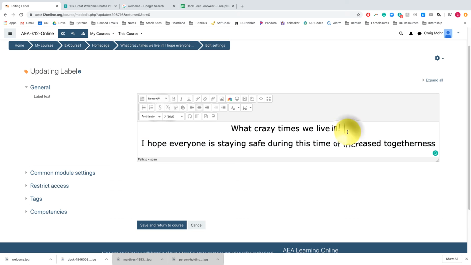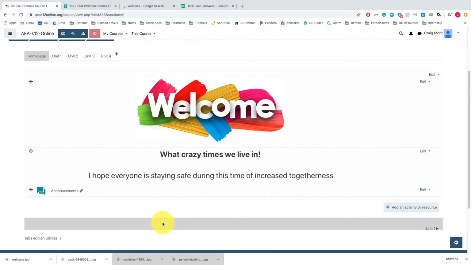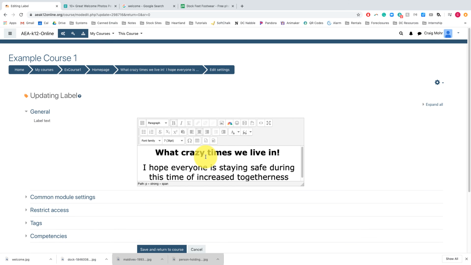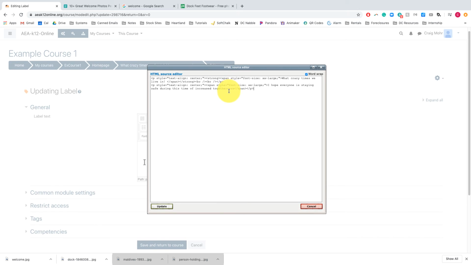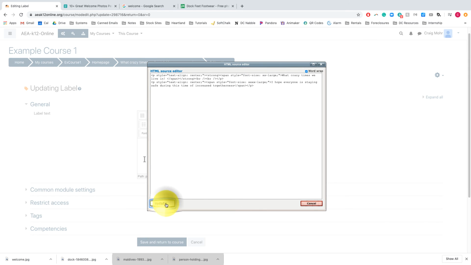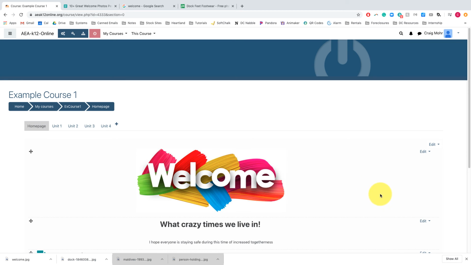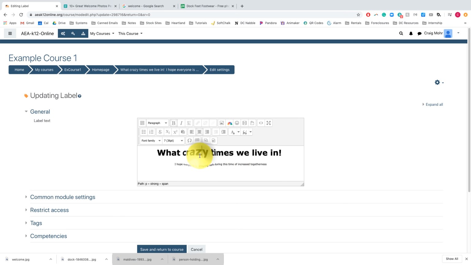Did that backwards. Okay. So there, we just have a little bit different access to it. Now, if you really want to dig into the weeds of it, right here you have your HTML, and there it's calling it XXL. I don't know if you can just add another X. Or you could give it the font number. So